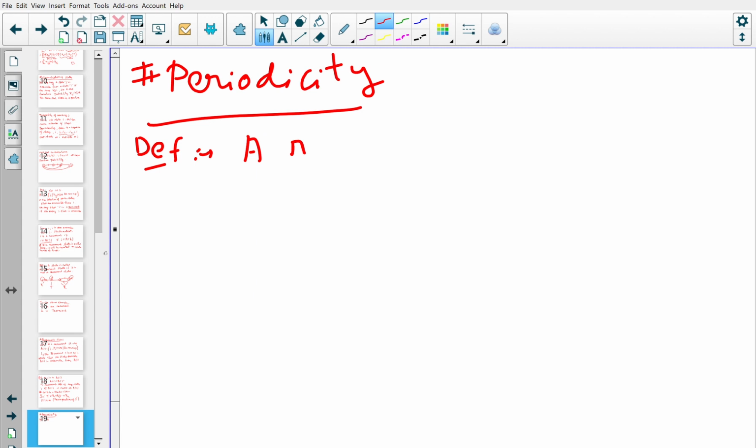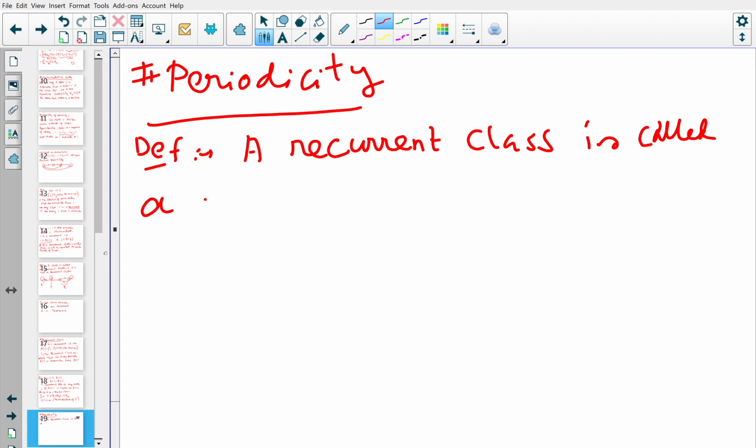A recurrent class is called a periodic class, a periodic recurrent class, if